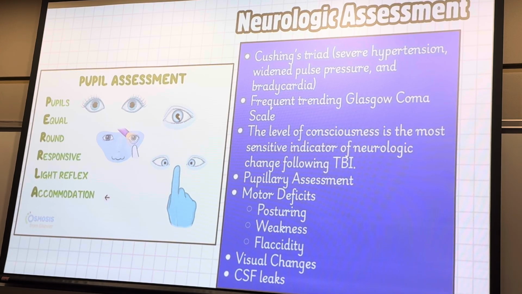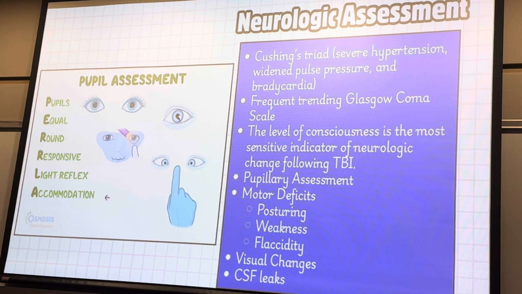So another reason I don't like neuro ICU: can I sedate these patients? Not supposed to. How do I know if they have a change in LOC if I sedate them? I don't, right? There are certain instances where you can, but for the most part, they really hold off or back off on that sedation. Or they do sedation trials.